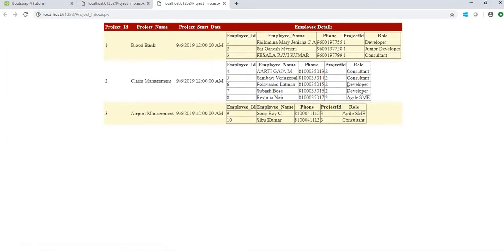So what we are having the project ID, the project name, the project start date and the employees that are mapped against the particular project. But this layout is not looking good, guys. Why I'm telling it is not looking good, because you can see the project ID is getting repeated. So I don't want this type of repetitions to be done. I want to have a control on the particular fields or the columns that I want to display on this particular grid view. So what I can do,